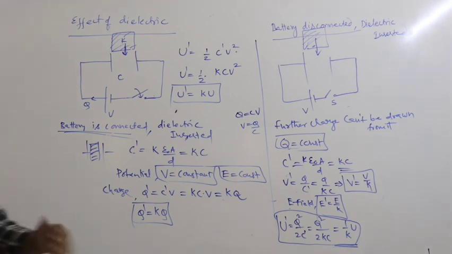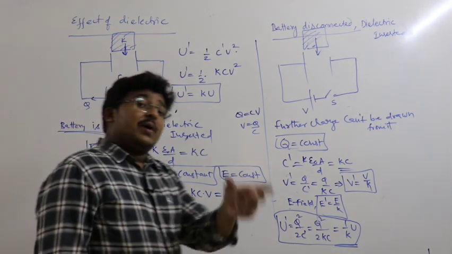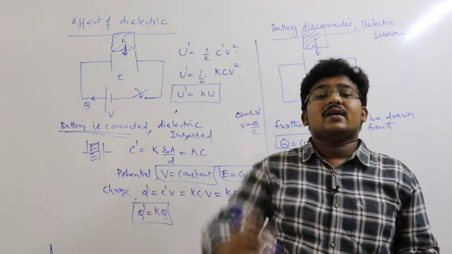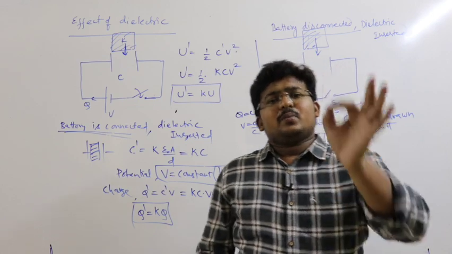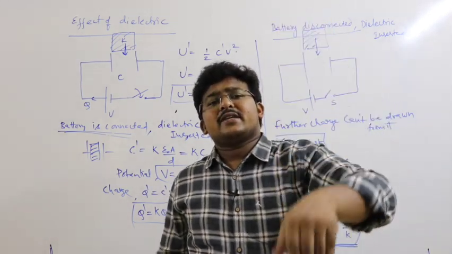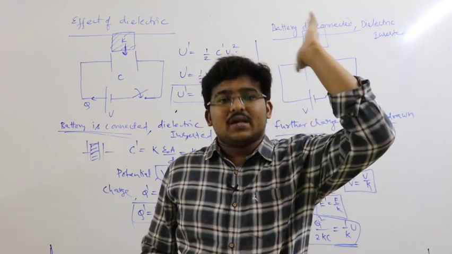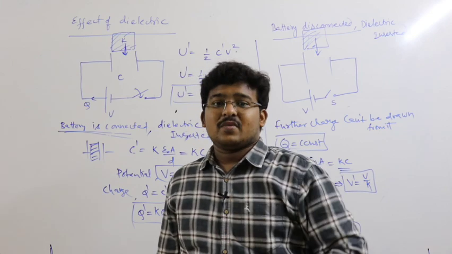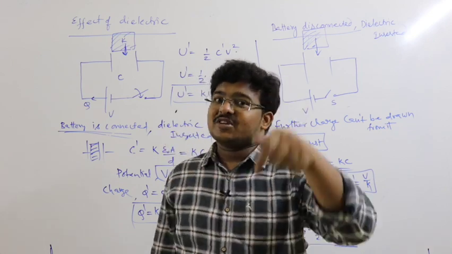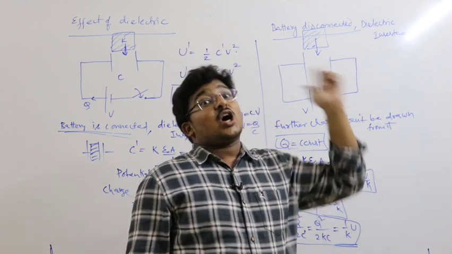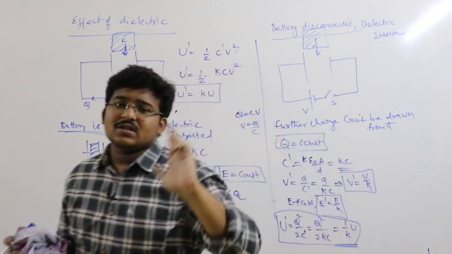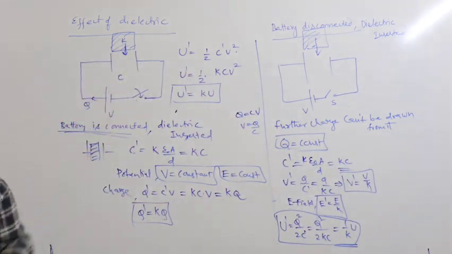So this is the effect of the dielectric. When the battery is still connected and we insert a dielectric, and when the battery is removed and we insert a dielectric, what happens? Please keep in mind, when a dielectric is inserted, in all cases capacitance will increase. If the battery is connected, voltage is same, so capacitance increases means charge must rise. If the battery is removed, charge is constant, capacitance anyhow increases, so the voltage must drop. So keep this funda in your mind so that you can do the problems. Okay. So now we can do the problems.